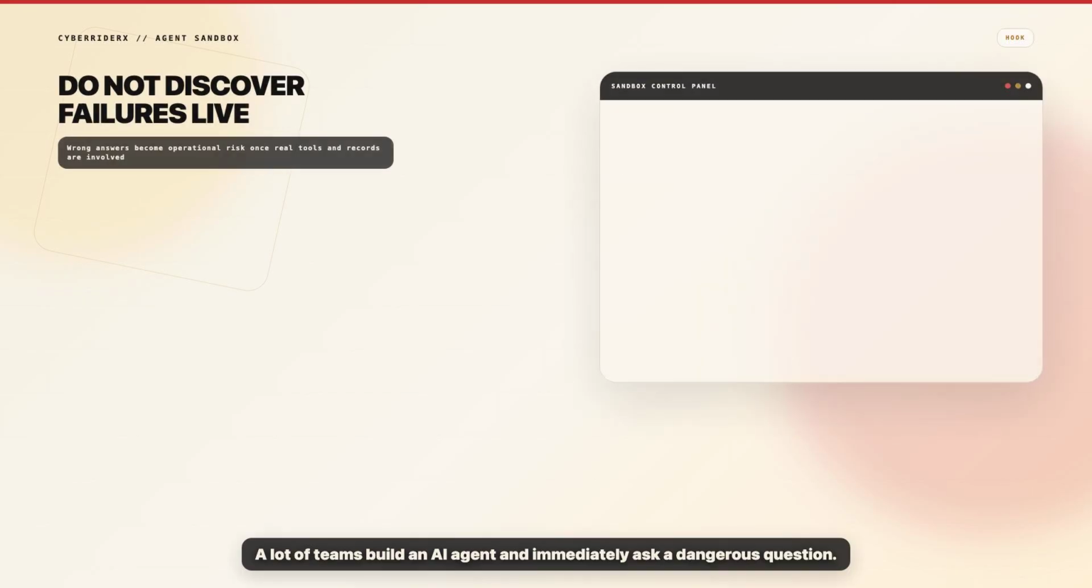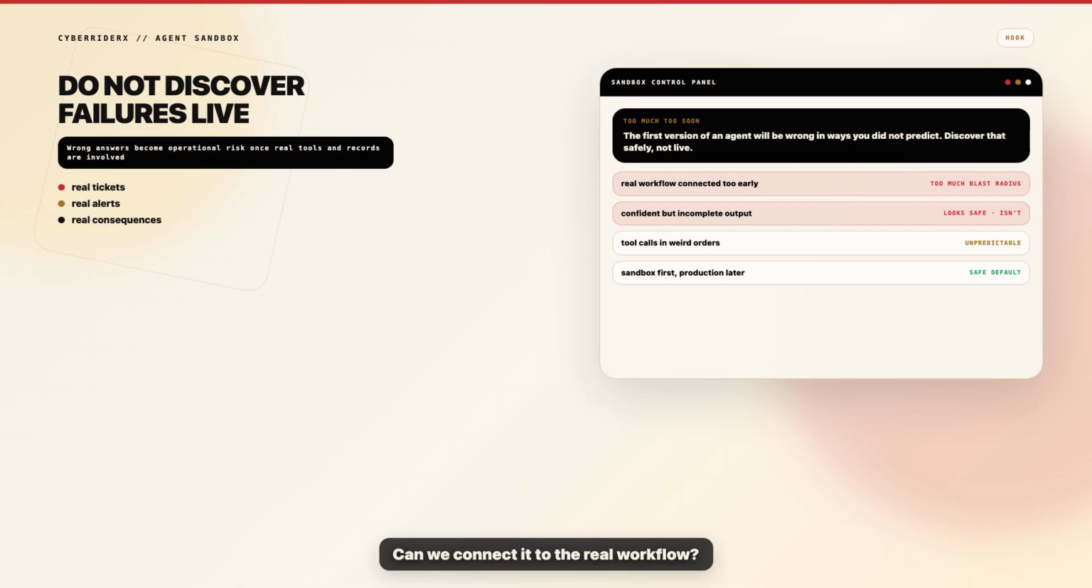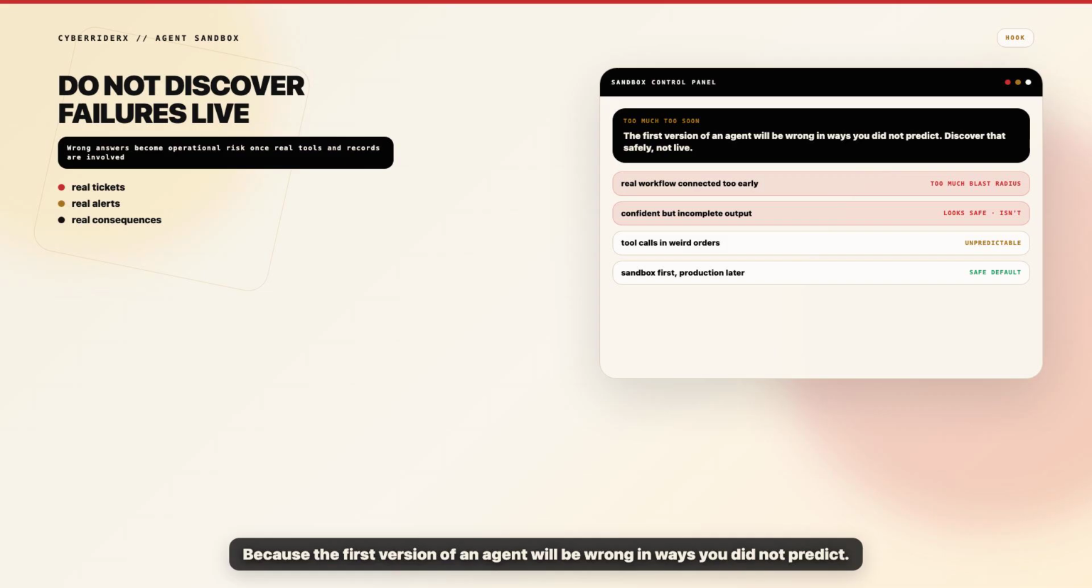A lot of teams build an AI agent and immediately ask a dangerous question. Can we connect it to the real workflow? Real tickets, real customers, real alerts, real records, tools, real consequences. That jump is too big because the first version of an agent will be wrong in ways you did not